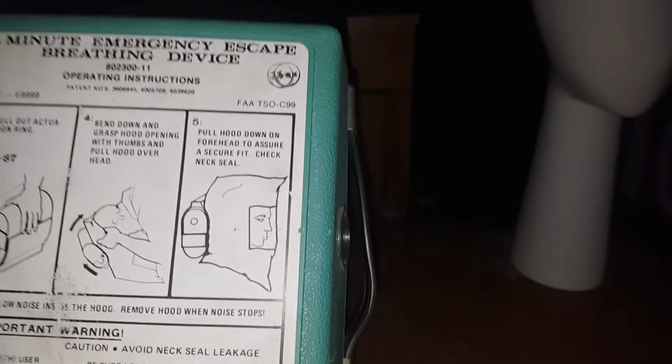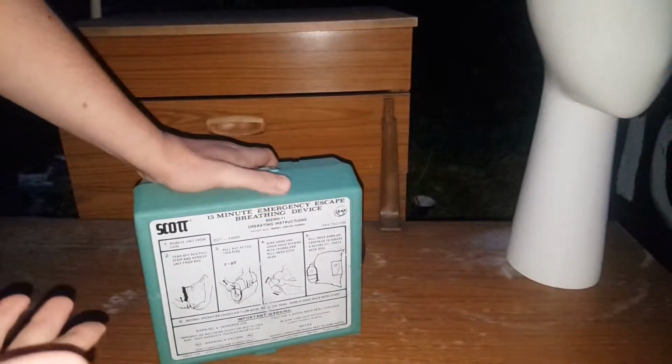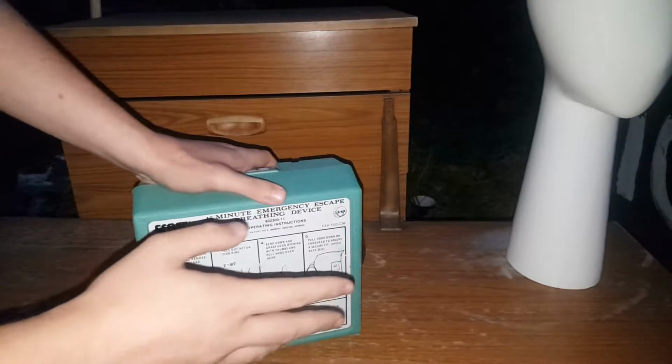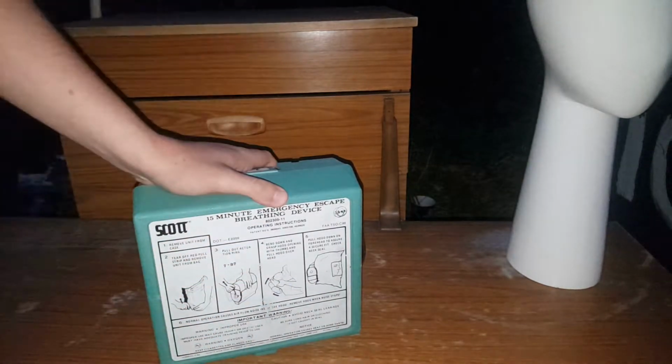So my assumption is that this was used by aircrews. Rather, it's an emergency escape device for aircrews. Could be anything else. In fact, the more modern variants of these were seen during the rather recent